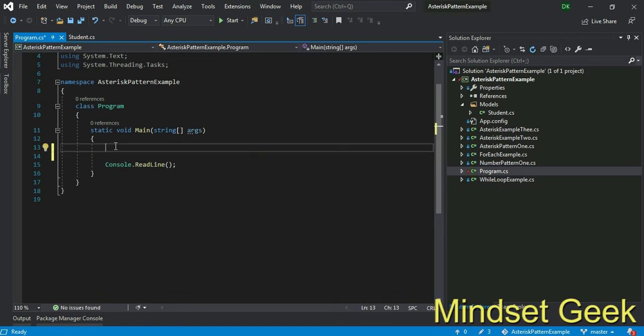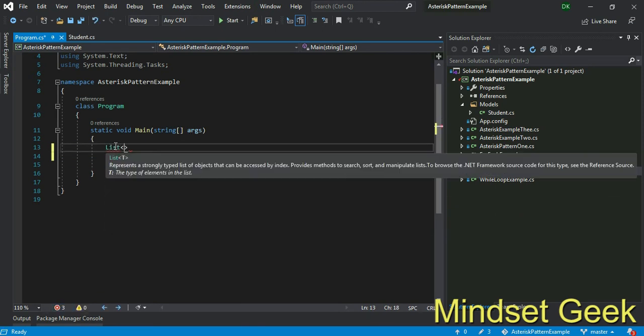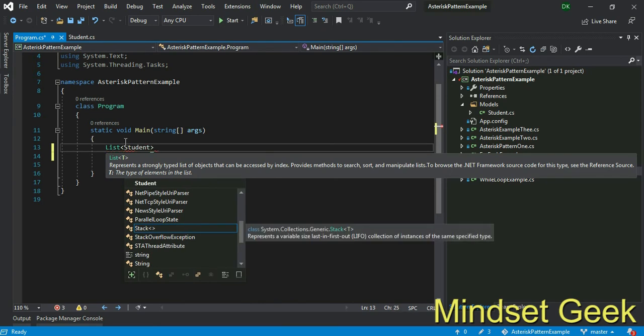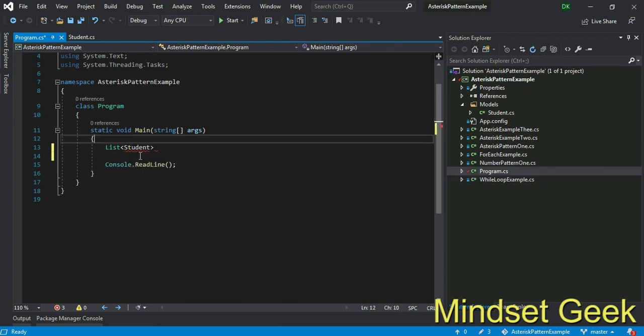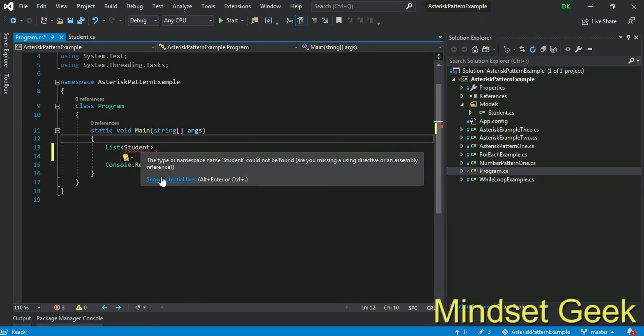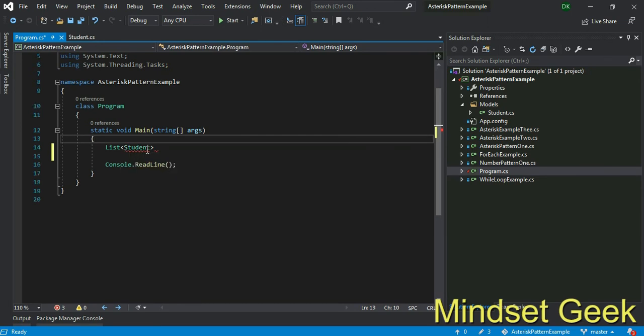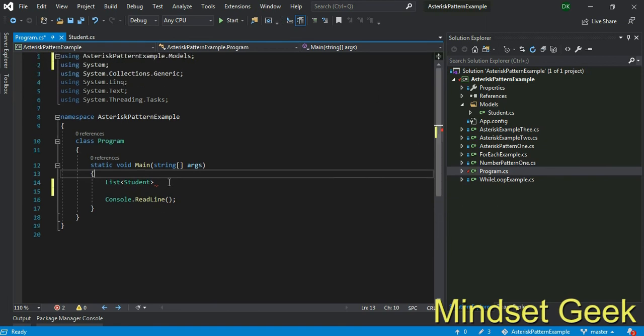Create a list of objects. Don't worry about this. I'm still not introducing what a list is, right? When you come to the list part and other collections as well, you will be a master of this thing, right? First, Student type, right? Last time we used integer or string type, but this time I use Student type. Just import the namespace, right?